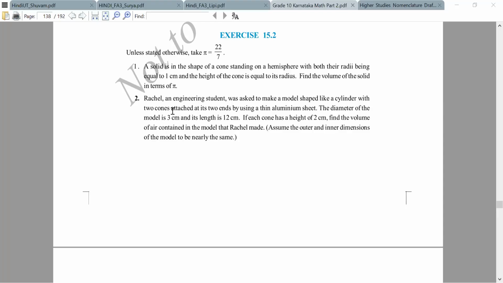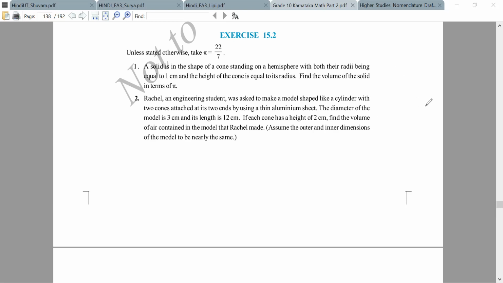So most of us, almost all of us, have got the diagram right. Okay. Bindu was a little confused in the beginning. She was drawing the hemisphere inside, and of course that is not very clear in the question. But let's read it once. Okay. Solid is in the shape of a cone standing on a hemisphere. Okay. Which means the hemisphere is there and then cone is also there. It's not like if it was like this, then cone will come like this. You're getting me? Yeah. So it's standing on the hemisphere. So obviously this part is not like that. The hemisphere is like this and the cone is like this.